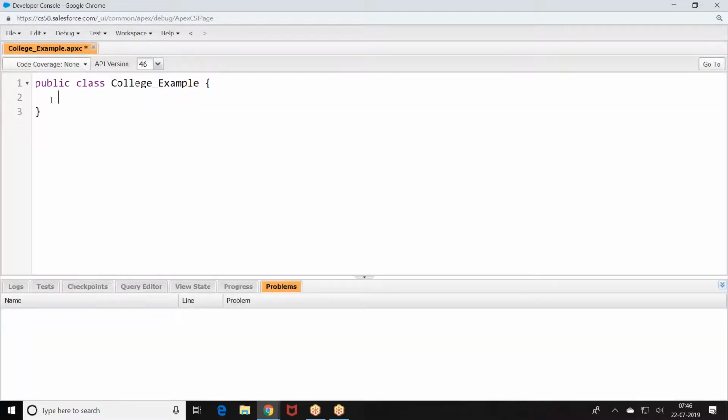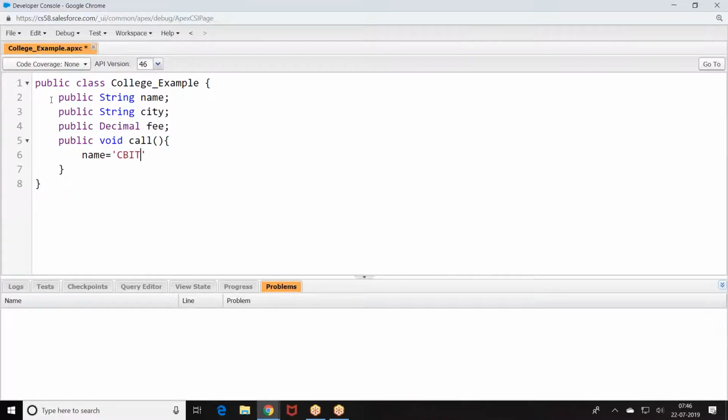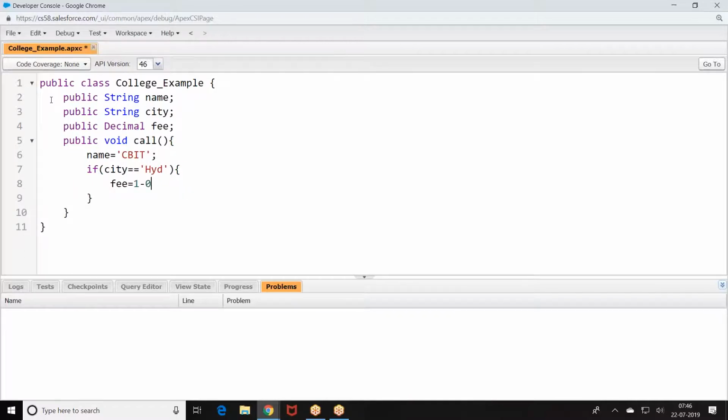I gave an Apex class here. Here I have a logic: if city equals Hyderabad, else.